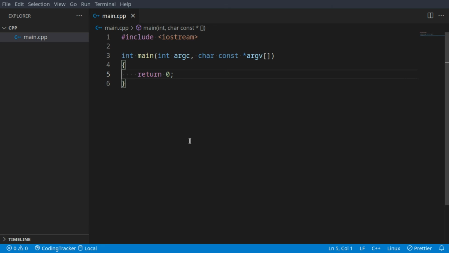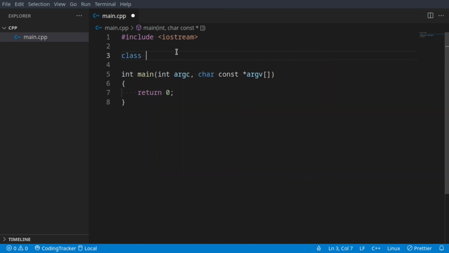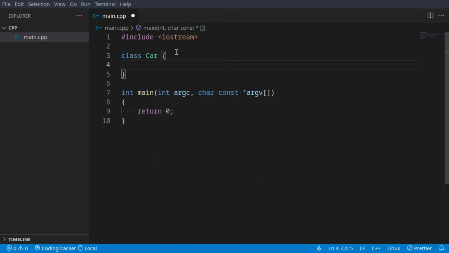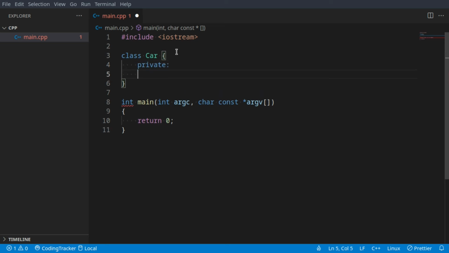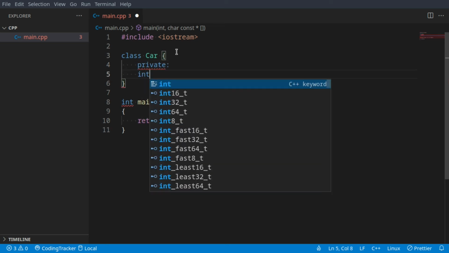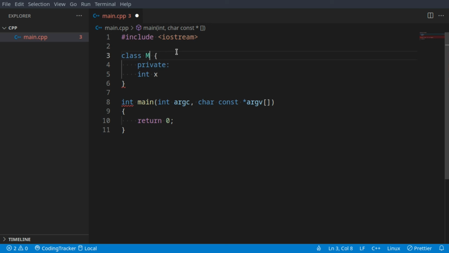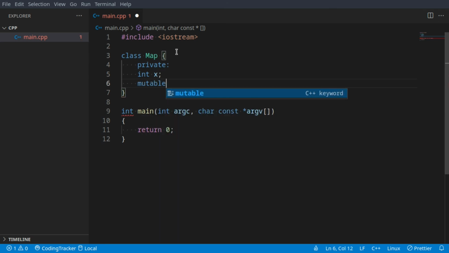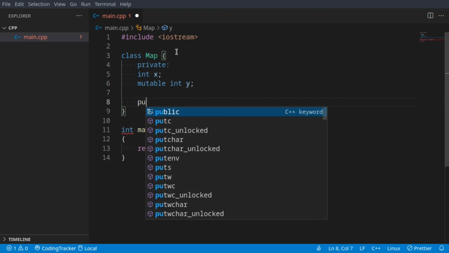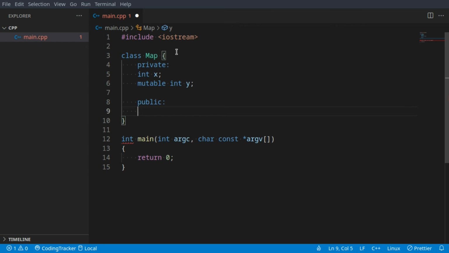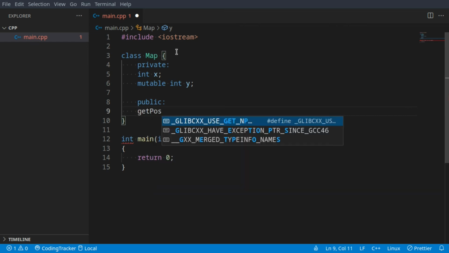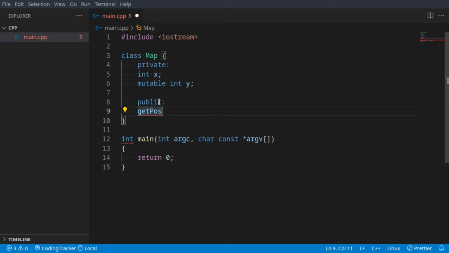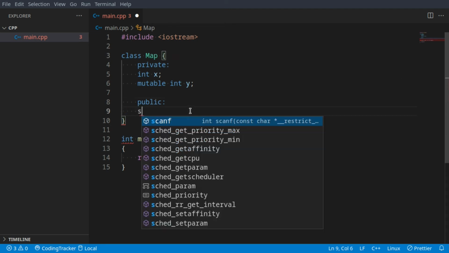Now let's get to the object-oriented side of things. Let's create a class and call it car. It can have a private variable, which maybe contains like the int x, or let's actually go map. Let's create a map. Int x, and then mutable int y. I'll explain this in a second. And you can of course have public, which can be our functions, get position, or actually let's make the set position to make things easier. Set position,